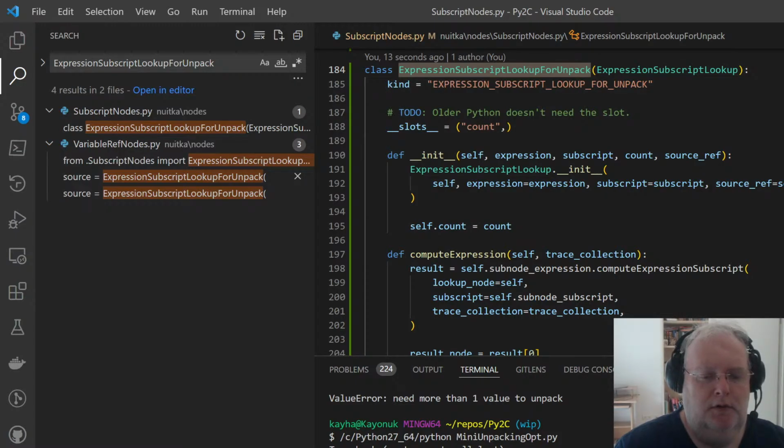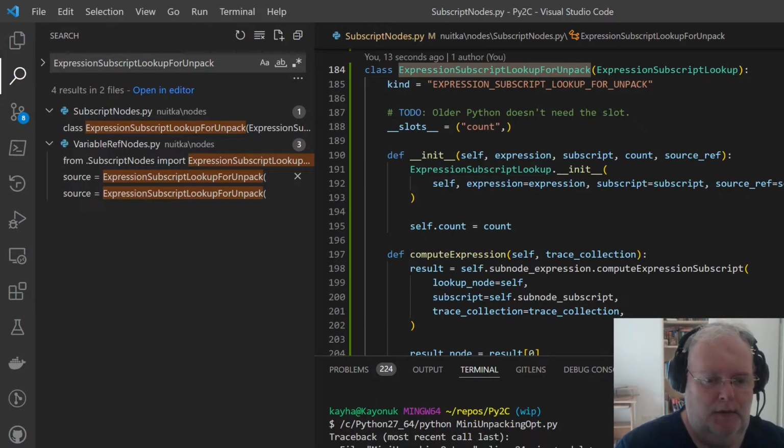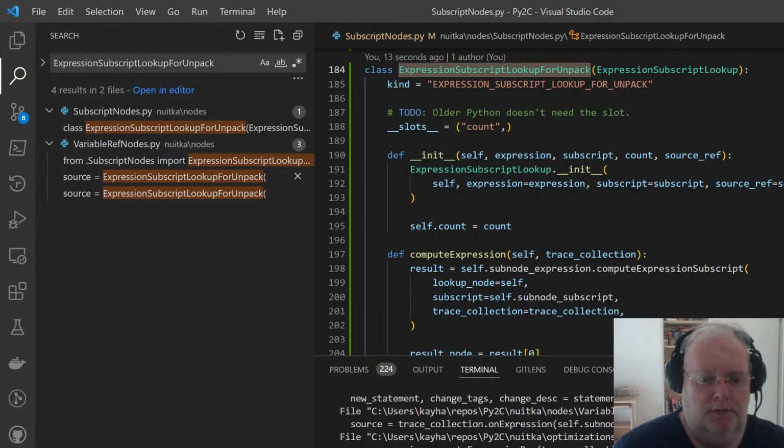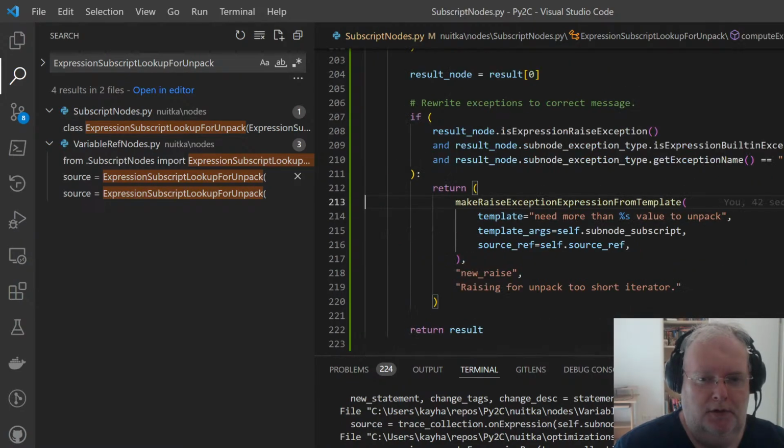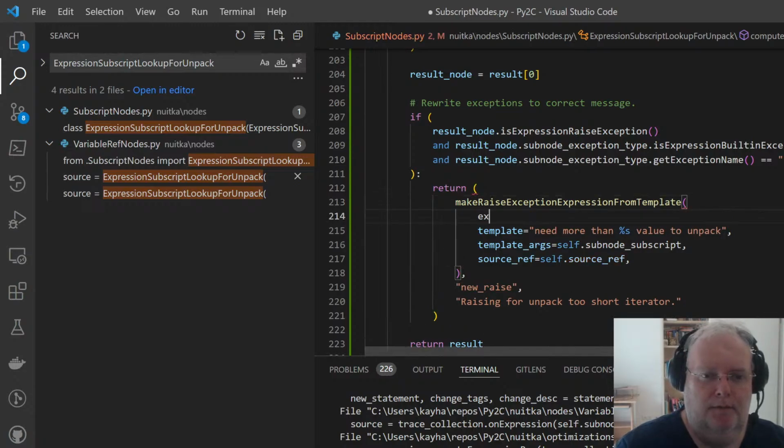I guess because it's not doing it at all for Python. Okay, yeah. For Python 2, it's not doing it because it's only doing it for unpack iterators. So Python 3.7 is the shortest, yeah, exception type. Okay. And I think it should be value error.